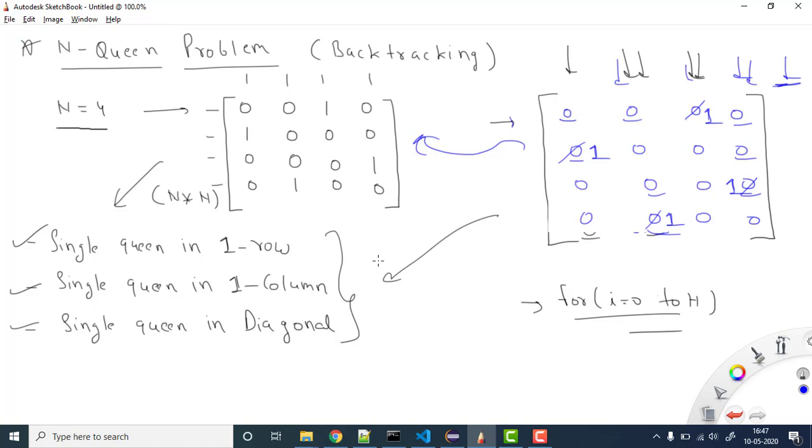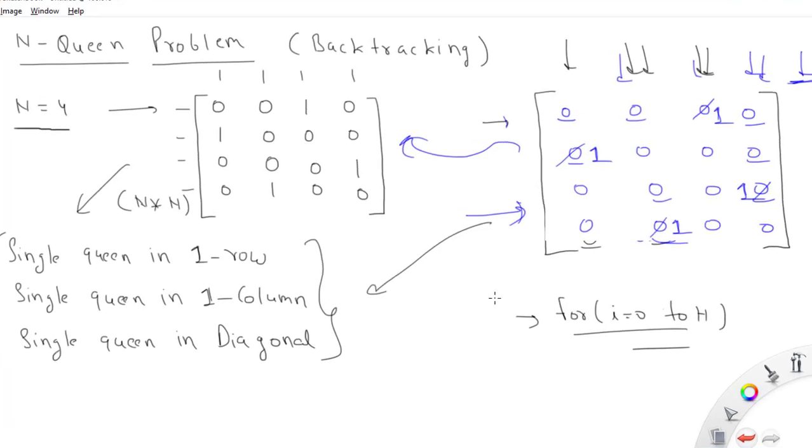And let's say if there is no solution at all, then in this case we can just return that there is no such solution, so we can return false. And if there is a solution, then at the last I can print the value here, this matrix. So you can just print the complete matrix, right? So let me show you the code so that you can get it better.